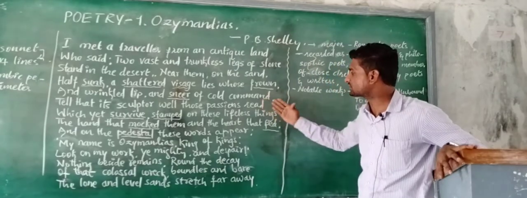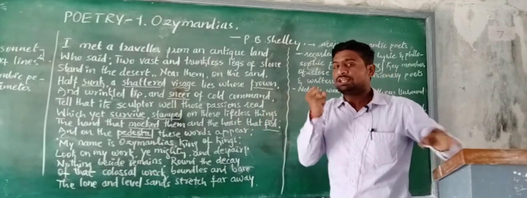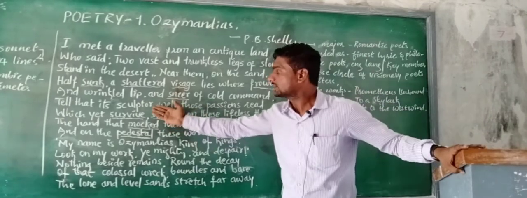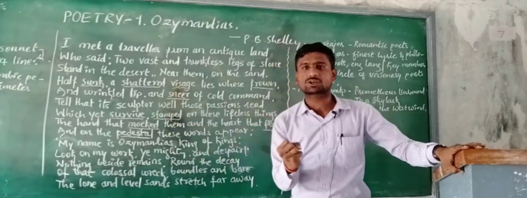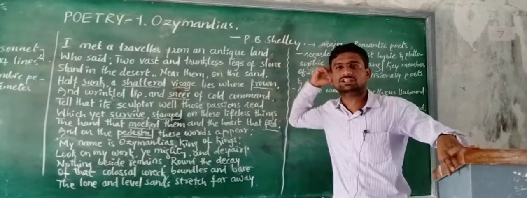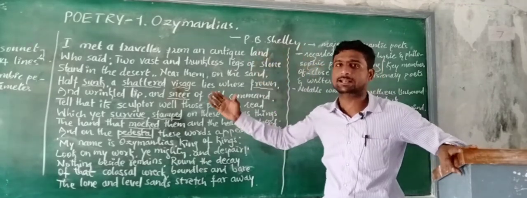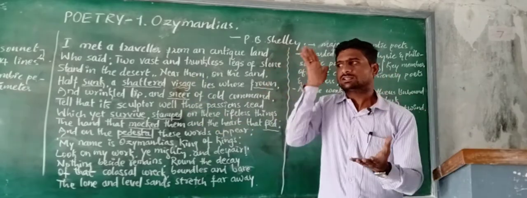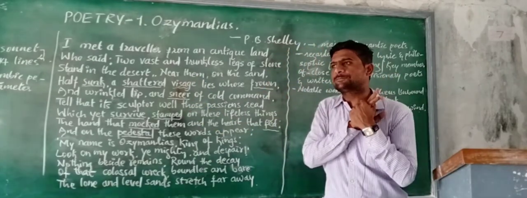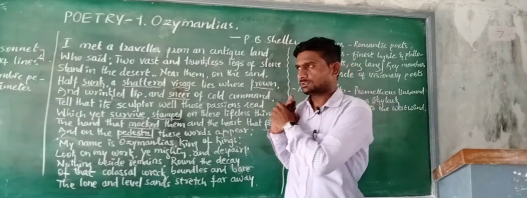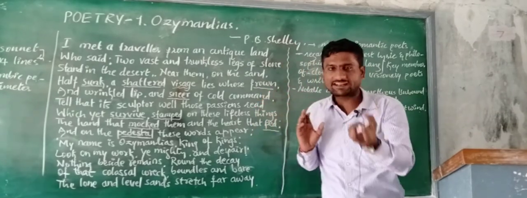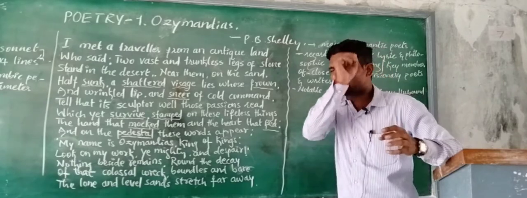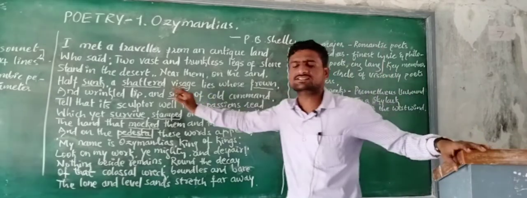And those passions red. I mean, the sculptor, Shilpi, has captured all the qualities of that Ozymandias king in his statue. I mean, all those features and characteristics are reflected in the statue